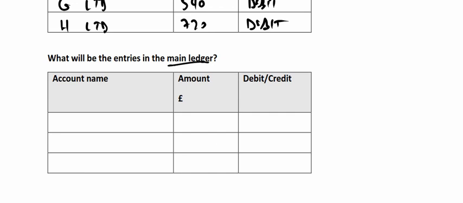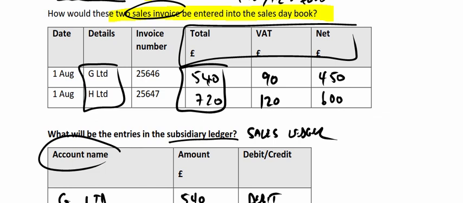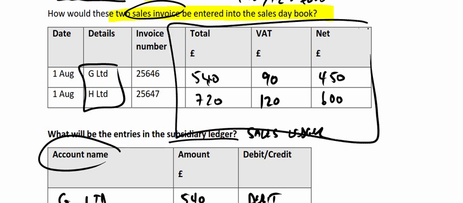Now this is actually where we're going to be posting our double entry. And to help you construct your double entry, what we would do is total each of the 3 columns that we've been working with. So if you total the gross column, you should get 1,260 for the full gross value that we're now owed by both customers together. Add up the VAT, 90 plus 120 is 210, and then add up the net figures. I get that coming to